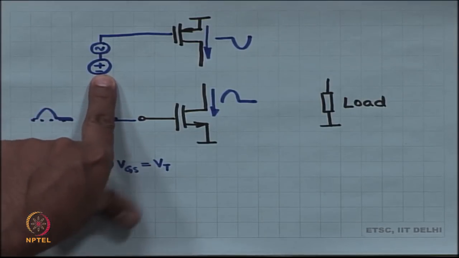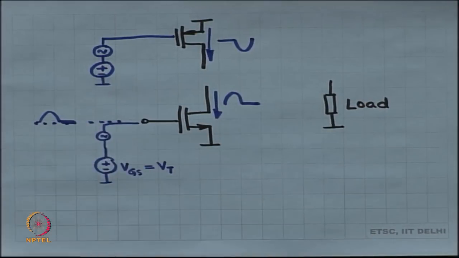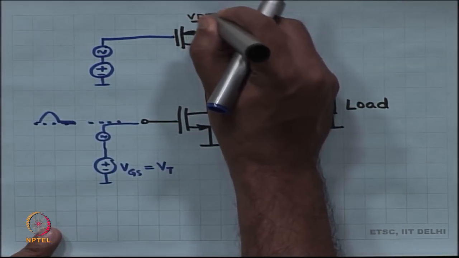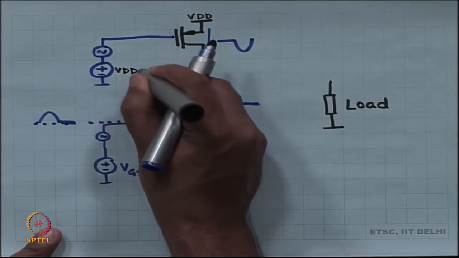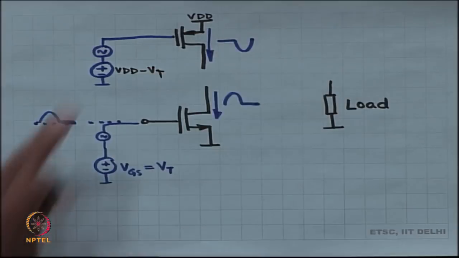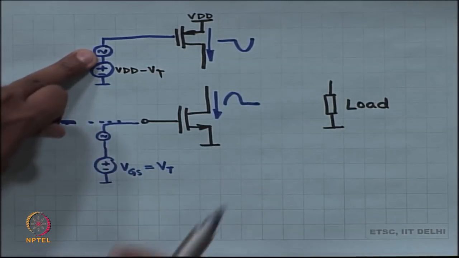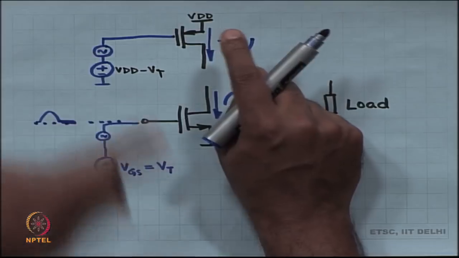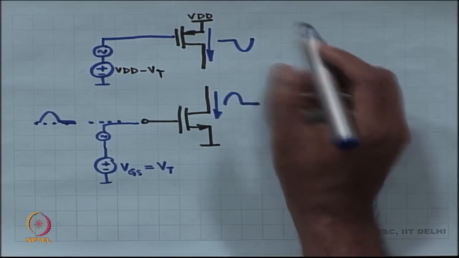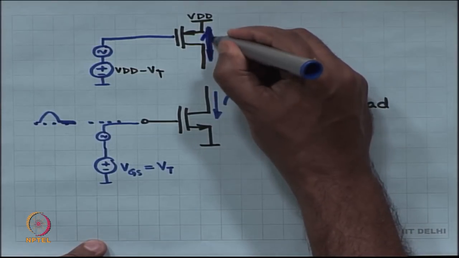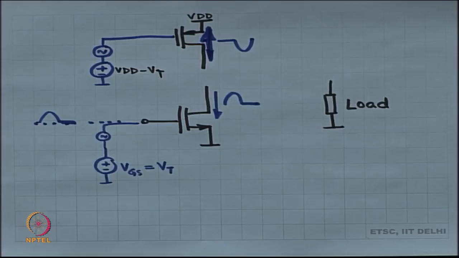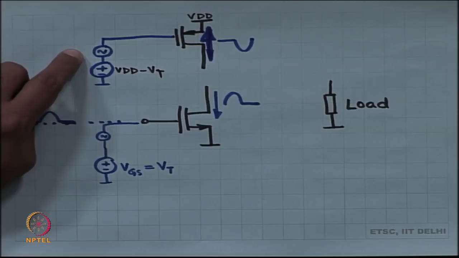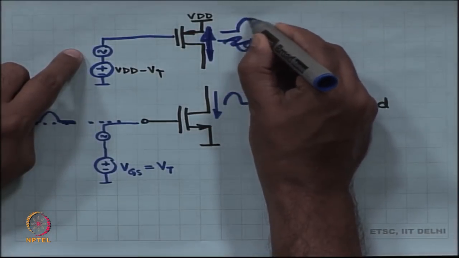I have to make sure that this voltage, the bias voltage, is exactly VDD minus VT, such that when VGS, the input signal, goes up, this one blocks out everything, but when it goes down, it pushes current, or rather it draws current the other way, right. When it goes down,